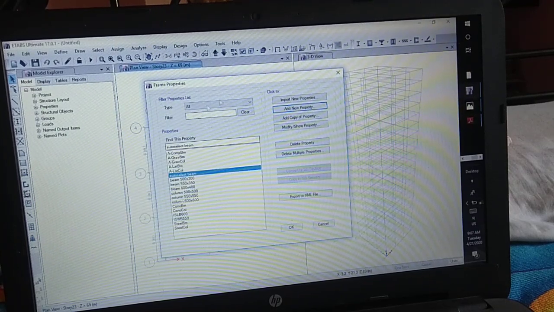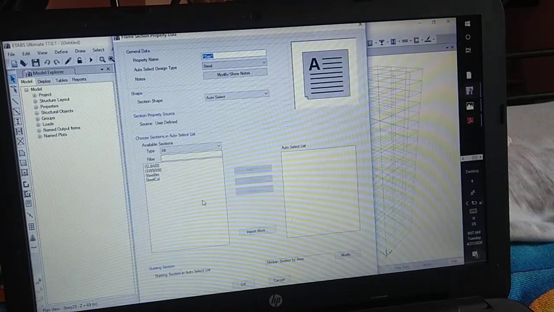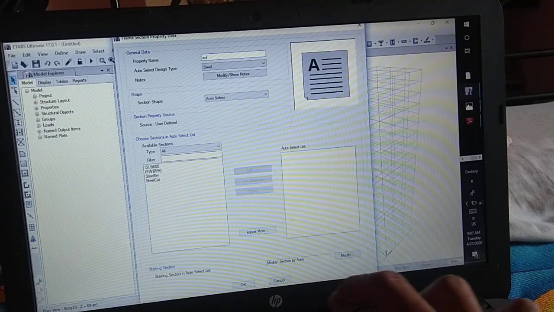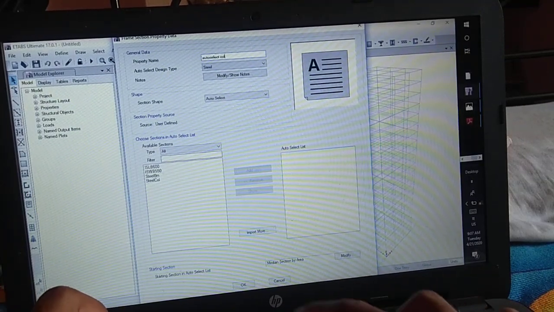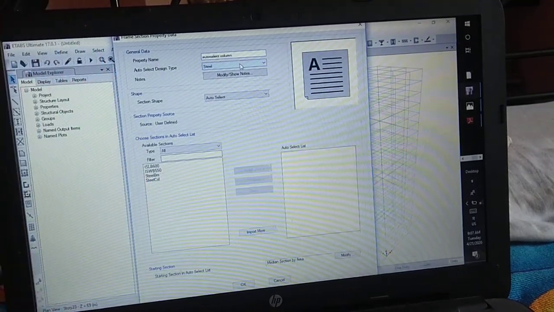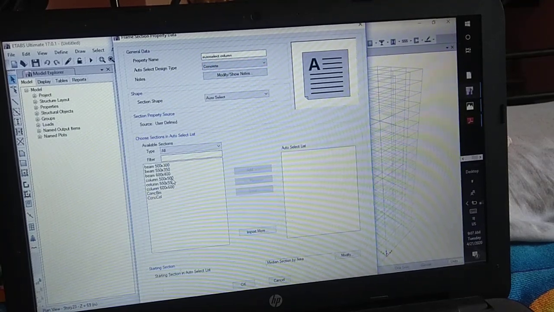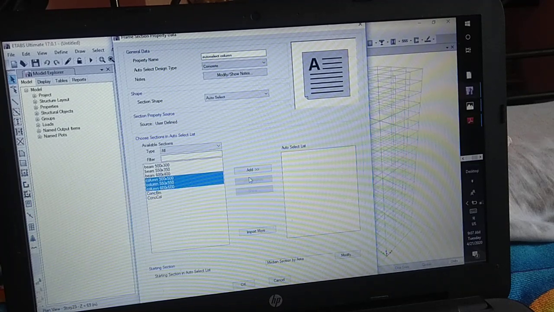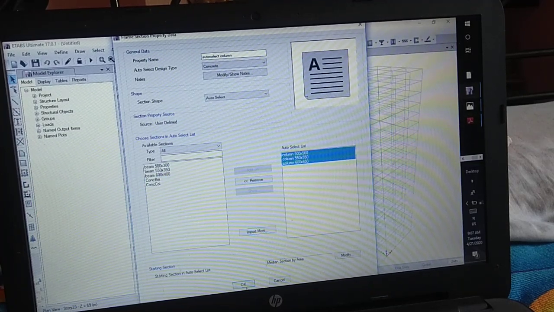Then next add new property, auto select column. So auto select column, design type is concrete, then select 3 columns, then add and click on OK.